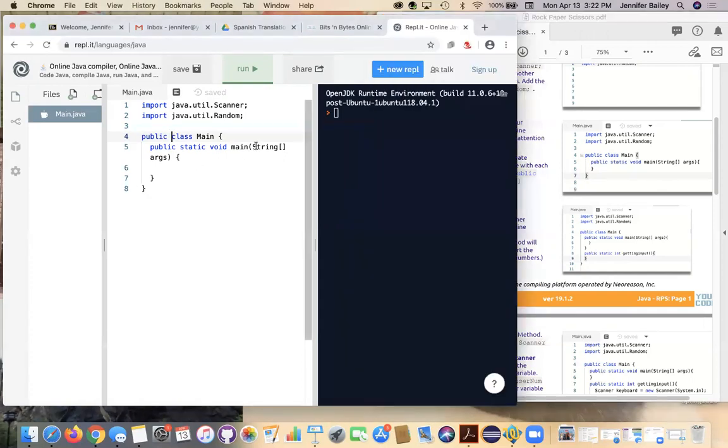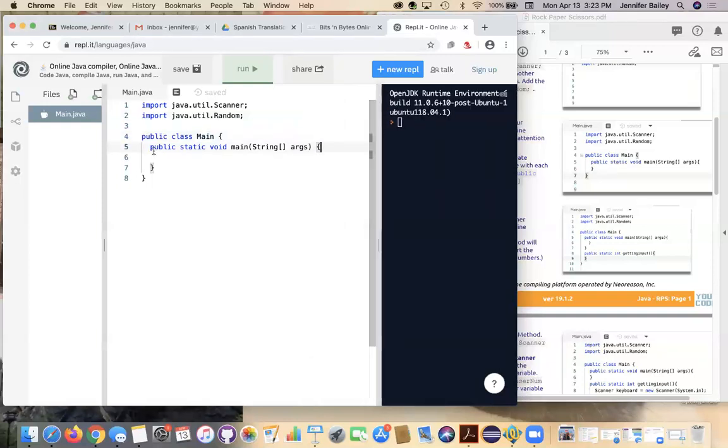So you should still have everything there. If you had to retype, you'll have public class Main, make sure your name is capitalized, open curly bracket, and then add your public static void main(String[] args), all that fun stuff. So if you know, or maybe you don't know, this public static void main is typically just referred to as the main method. And what this is that it's available to everything within our program. The static means it's